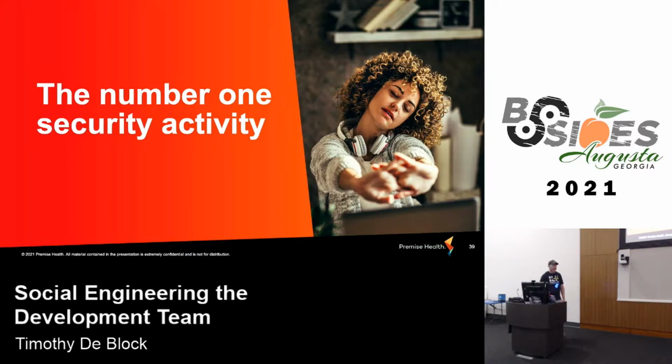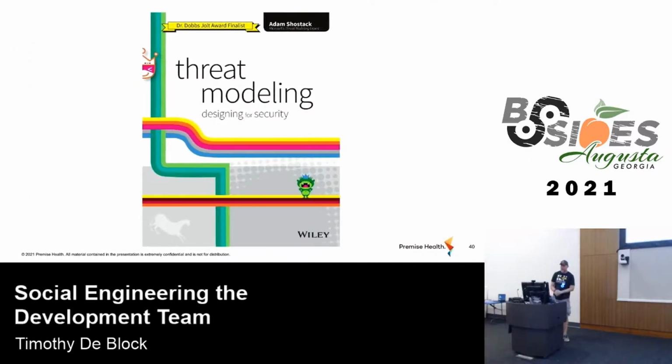The number one activity I did that really helped with shifting left and getting developers to write better code is threat modeling. This is Adam Shostack's book. I read the first chapter, and actually at the end of his first chapter, he says, just go start threat modeling. Because you can get into a lot more concepts, but it's ultimately diagramming a workflow and talking through attack patterns with them. And I think that's not DREAD, it's STRIDE that I use.